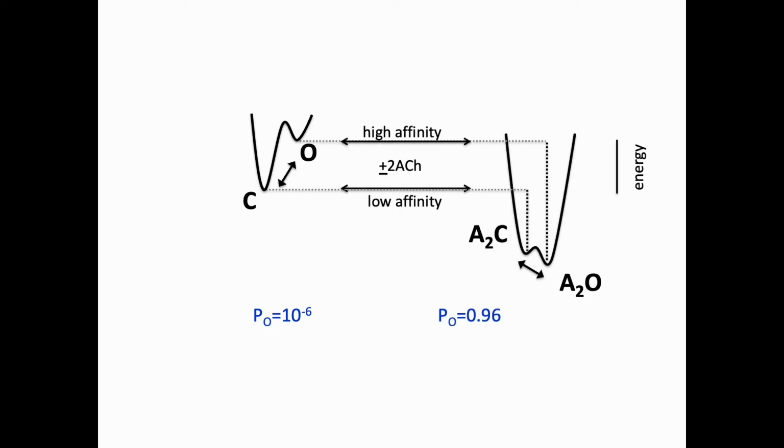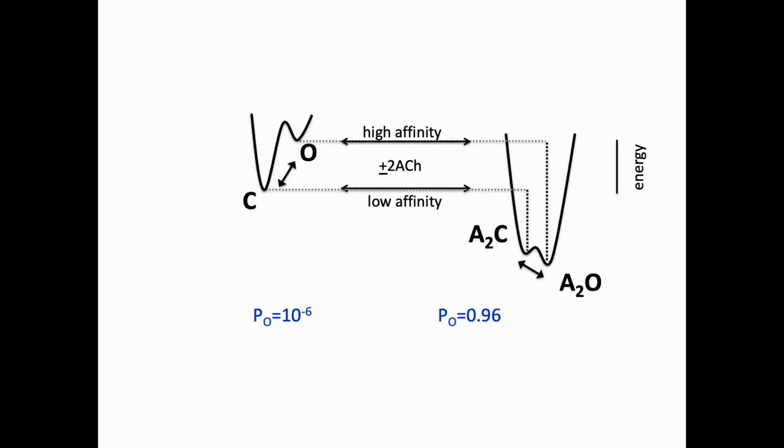In the absence of agonist, O is much less stable than C, so the probability of being open is quite small. It's an uphill reaction. But this situation changes when agonists occupy the 2 neurotransmitter binding sites. Agonists stabilize the C state to a certain extent, but because of strong binding, the higher affinity, they stabilize the O state to a much larger extent. And that turns this uphill reaction into a downhill reaction, and this low open probability into an open probability close to 1.